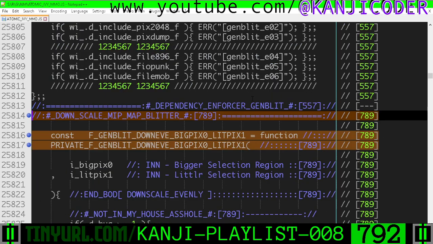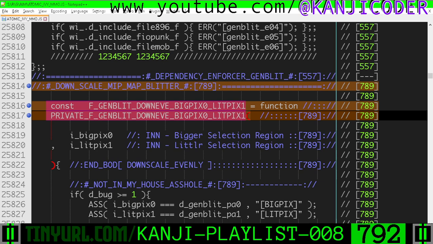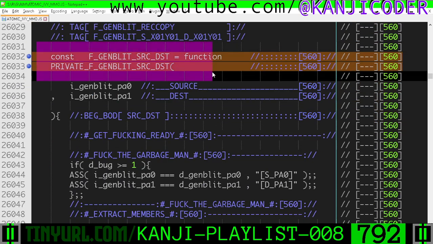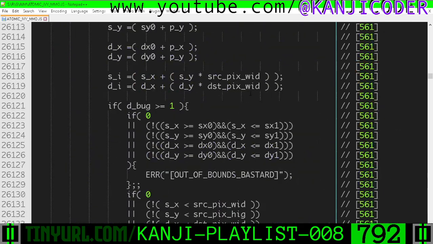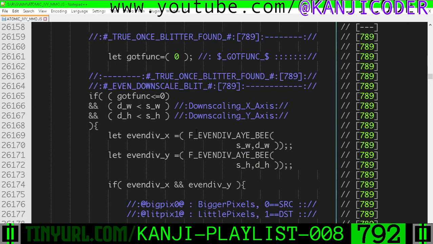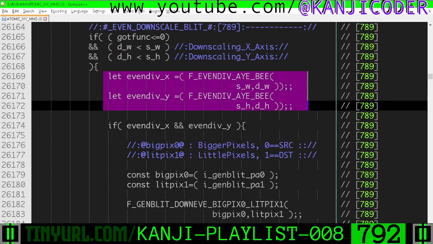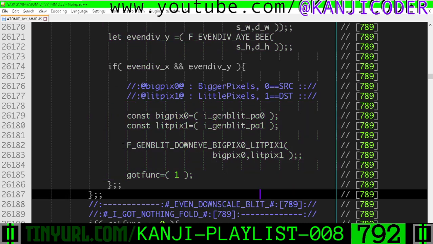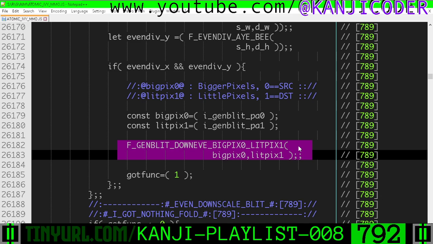So in GenBlit, we have this specialized downscaler function, which is going to be called by our general downscaler function when we hit certain preconditions. The width and height need to not be equal on at least one axis. And then if we find out that we are downscaling the graphics and that the graphics go into each other evenly, then we're going to end up in this section of code and we can call our specialized downscaler that